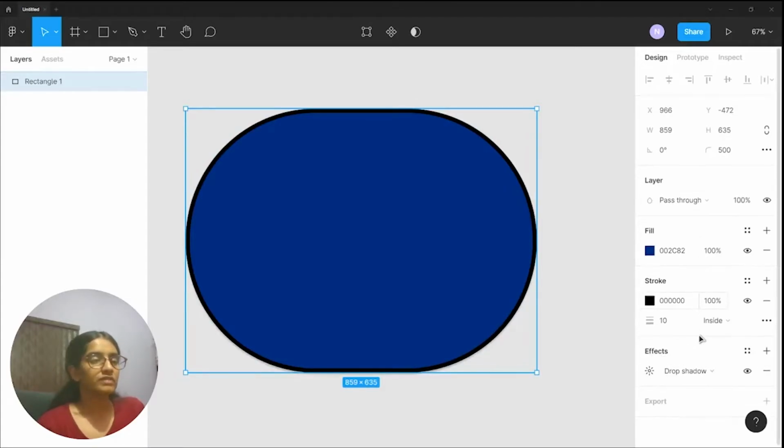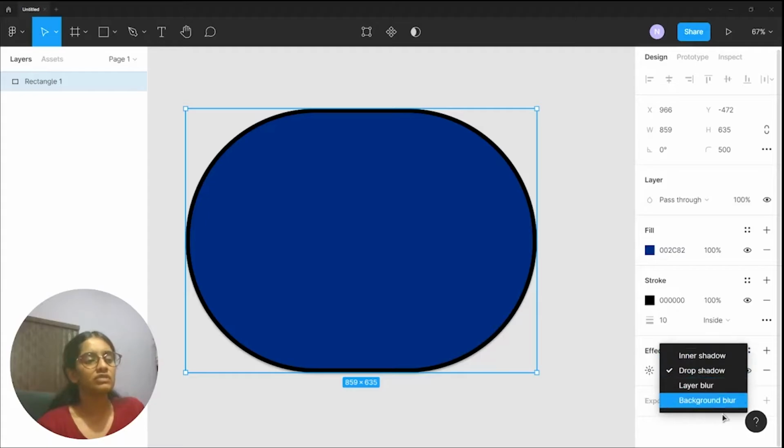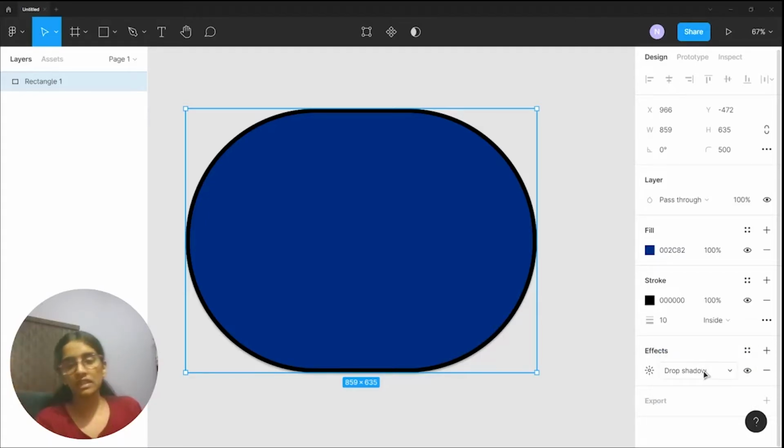So in the effects property, you can add in your drop shadows, inner shadows, a background blur, a ton of different properties. So if you've seen all these design trends going on like neumorphism and glassmorphism, these are essentially achieved by playing with the shadows. So shadows play a very important part in all of this.